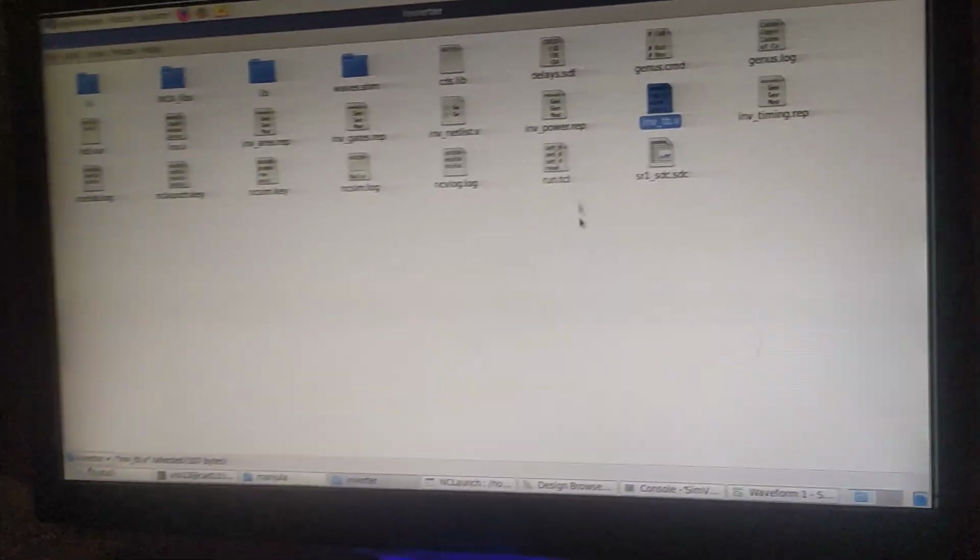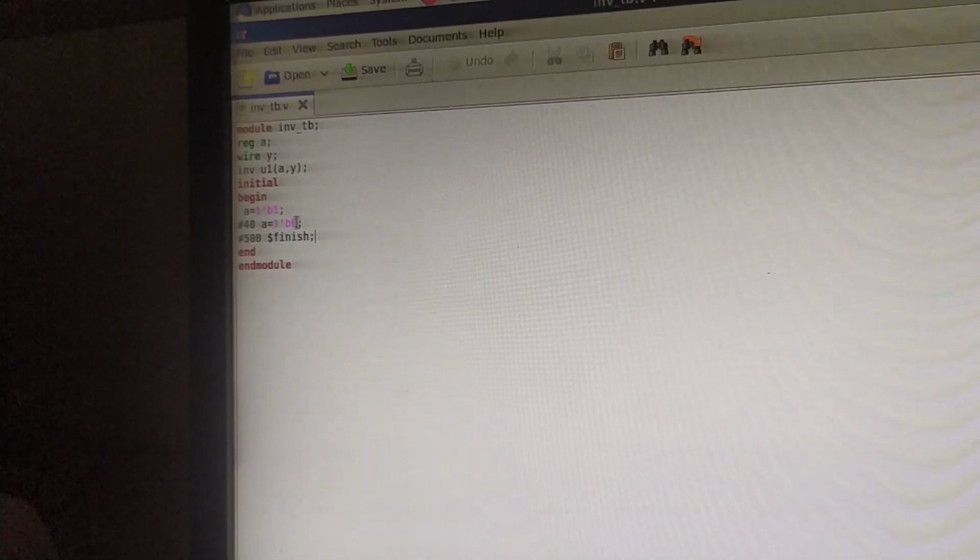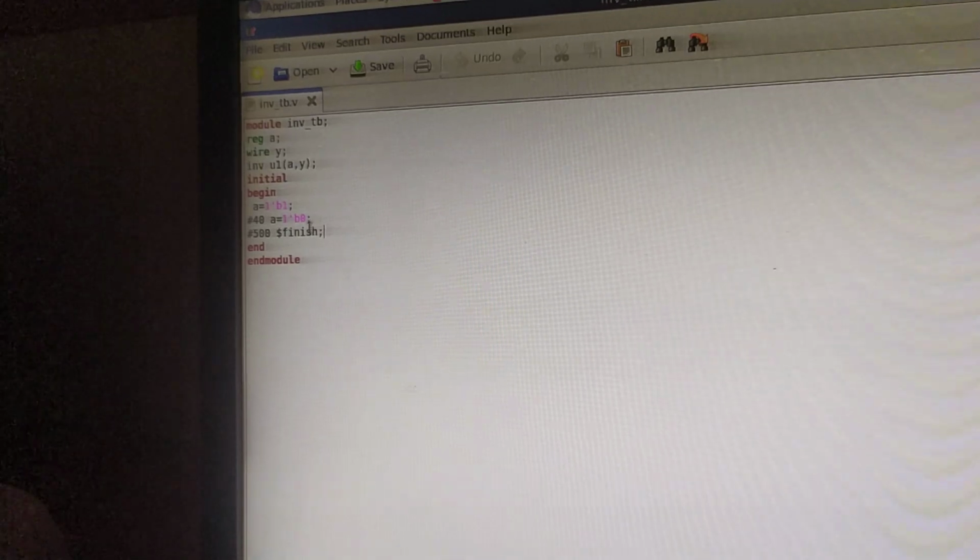You can see in the test bench program, module inv_tb, reg a, this has been already explained. We have given the set of input cases here. What I have done is a is equal to 1. After 40 nanoseconds we are making it 0 and it remains 0 forever, and we are going to end at 500.